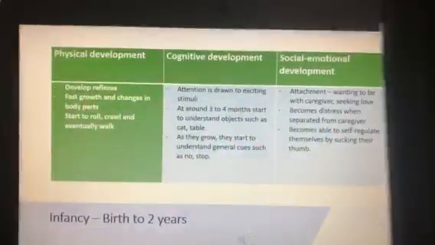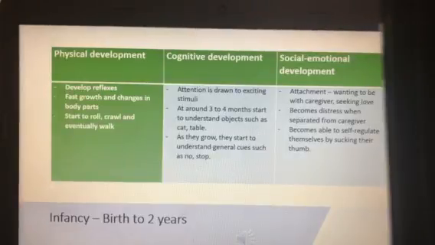The first stage in the developmental stages is infancy, which is from birth to 2 years. This stage marks the start of a new life where basic concepts are met, such as human connection, exploration of motor skills, and investigation into the surrounding environment.